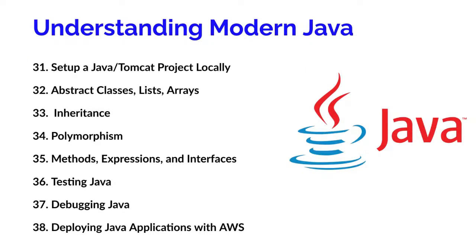The next section is going to be understanding modern Java. So we're going to actually show you how to set up a Java Tomcat project locally. And then we're going to go over some object-oriented programming concepts that you may already be familiar with or may not be familiar with. I'm going to treat you like you've never been exposed to computer science. So I'm going to go over a lot of basic things, but I think it's always good to know the basics, right? So we're going to go over abstraction,